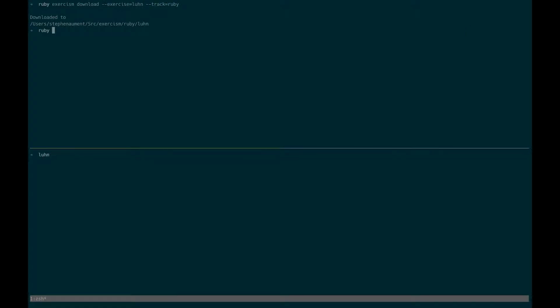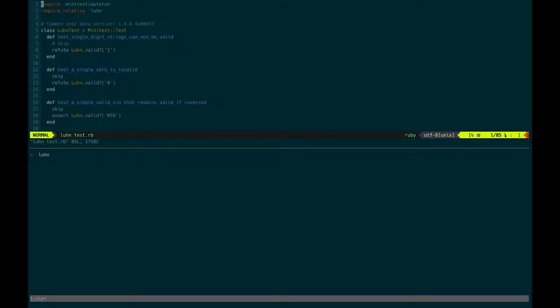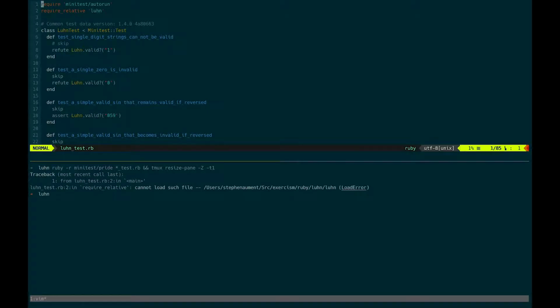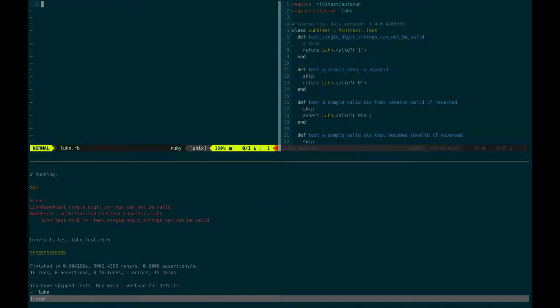Let's open up our testing pane and execute our test, and it will fail because we have not created the luhn.rb file yet. So let's do that. Now it fails because we haven't defined our class. And then this is going to fail because we're looking for a class method valid?, self.valid?. All right, so let's define that valid?, which will also fail because it is expecting an argument,